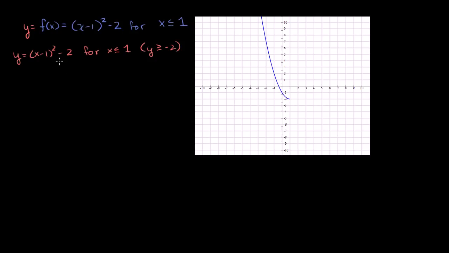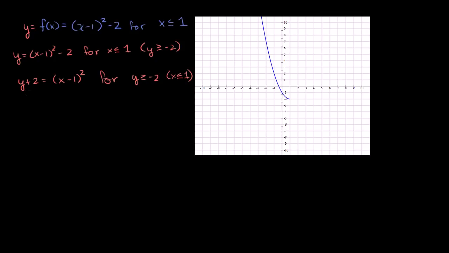If we add 2 to both sides of this equation, we get y + 2 is equal to (x - 1)^2. Minus 2 plus 2, those cancel out. And then I'm going to switch to the y constraint, because now it's not clear whether y or x is the domain. But we know by the end of this problem, y is going to be the domain. So let's swap this here: y is greater than or equal to -2. And we could also say in parentheses x is less than or equal to 1. We haven't solved explicitly for either one, so we'll keep both of them around right now.